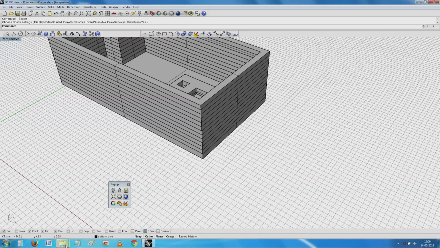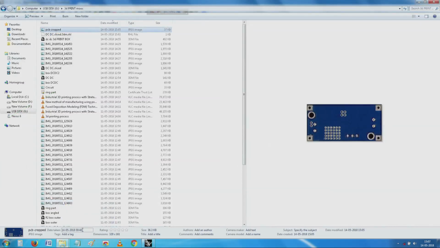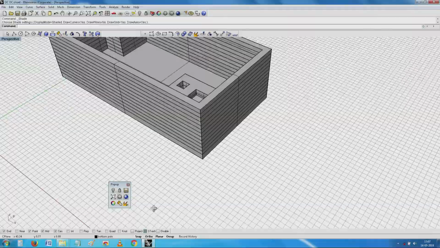Oh, let me see the orientation. Yes, the orientation is this is long that side, and in this case, yeah.